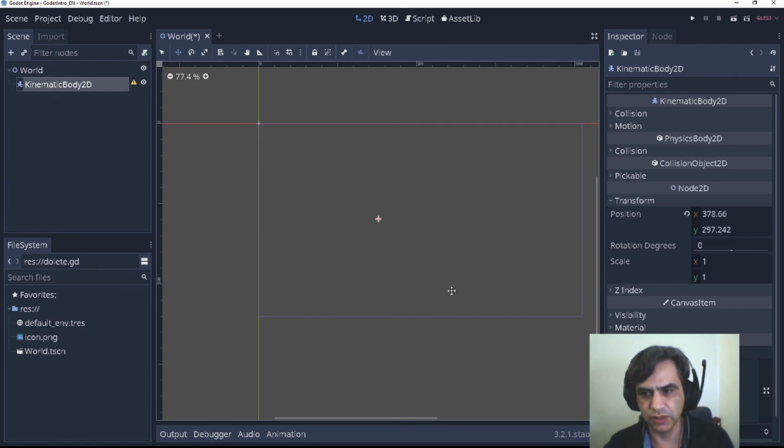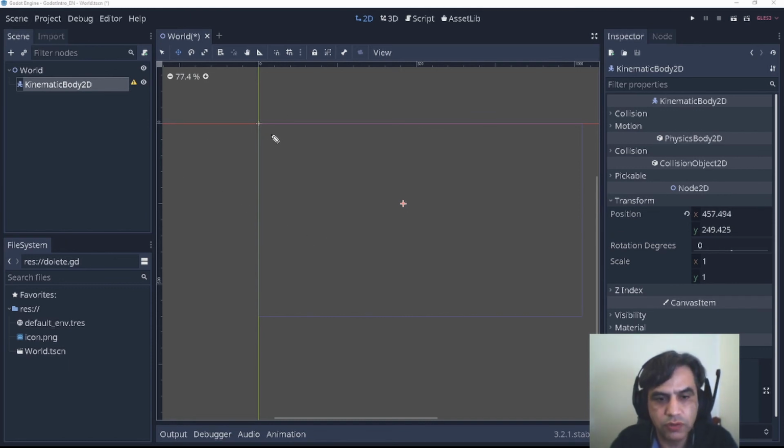So if I do this, I'm changing the X and the Y, and this is a great way to see also the coordinate system. So I'm going to write something here. The coordinate system of Godot in 2D is something like this. This is the 0, 0.